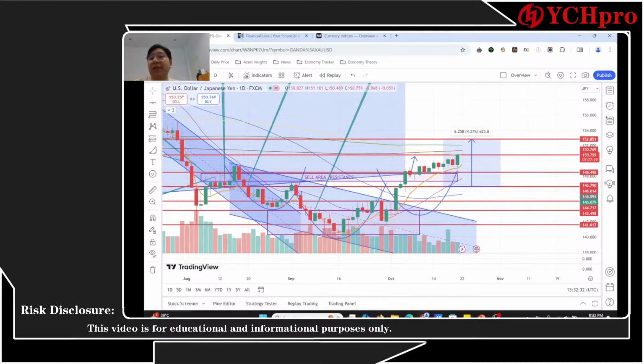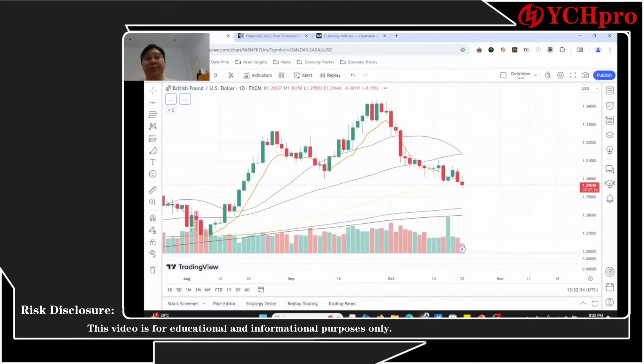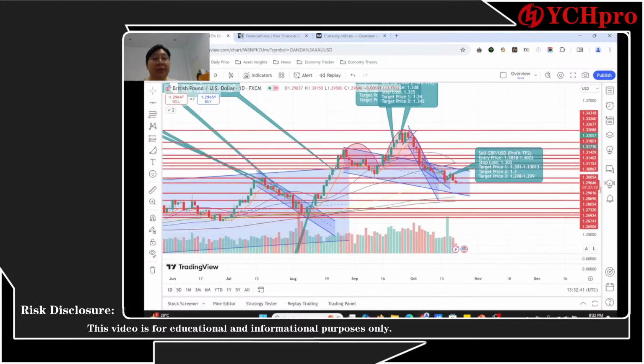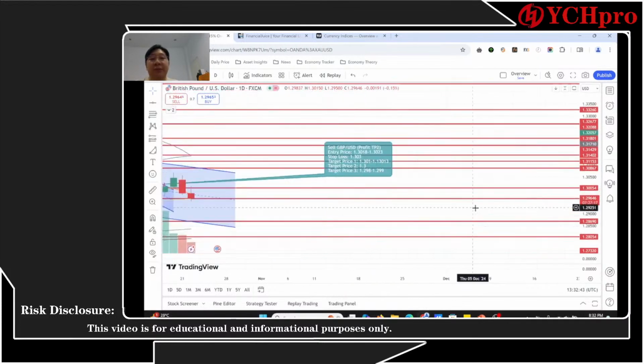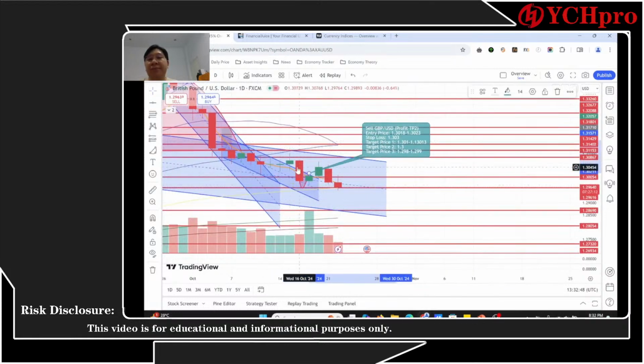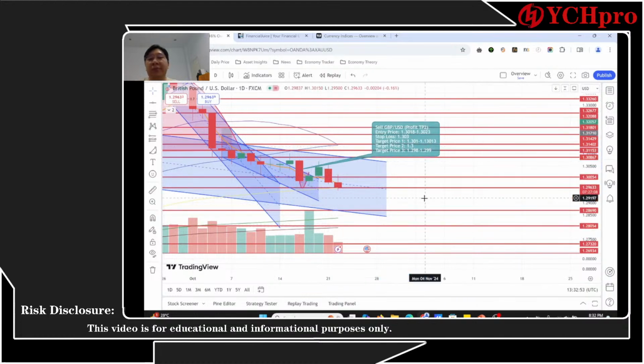What else? Let us check on the other trading pairs. GBP/USD, I'm pretty much bearish, guys, and we did trade on the possible BOE rate cut in the last few days. So we traded on it and we made a profit out of it as well. Maybe right now could be a good time to start doing that short, but right now we're in the support area, so I will be thinking twice before I do that trade, guys.